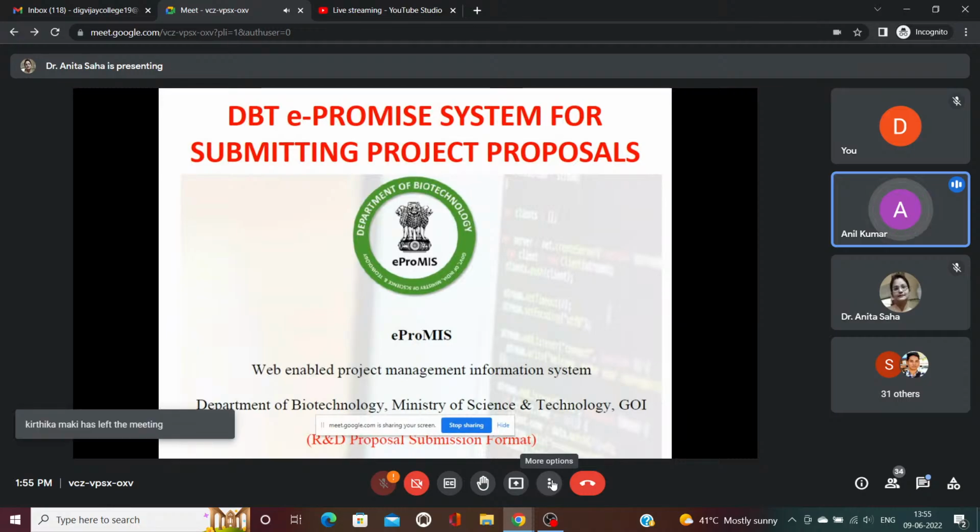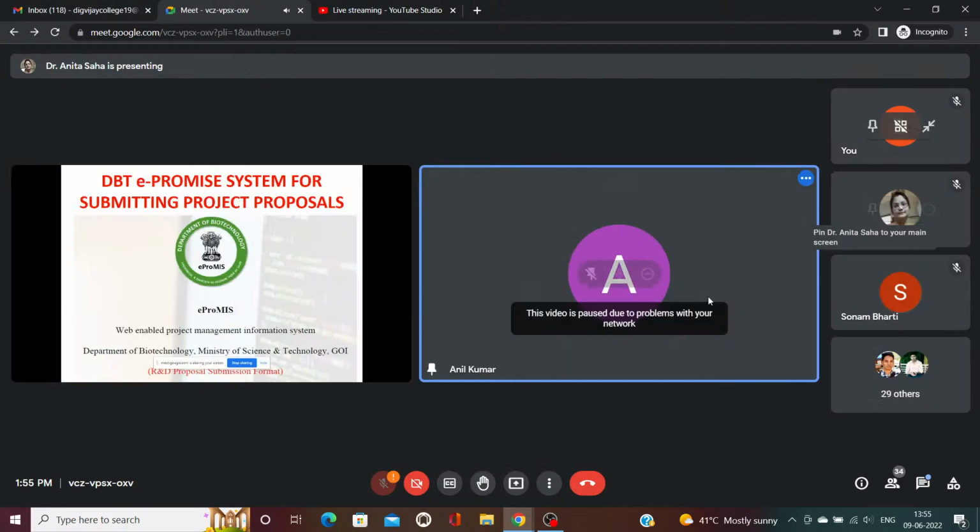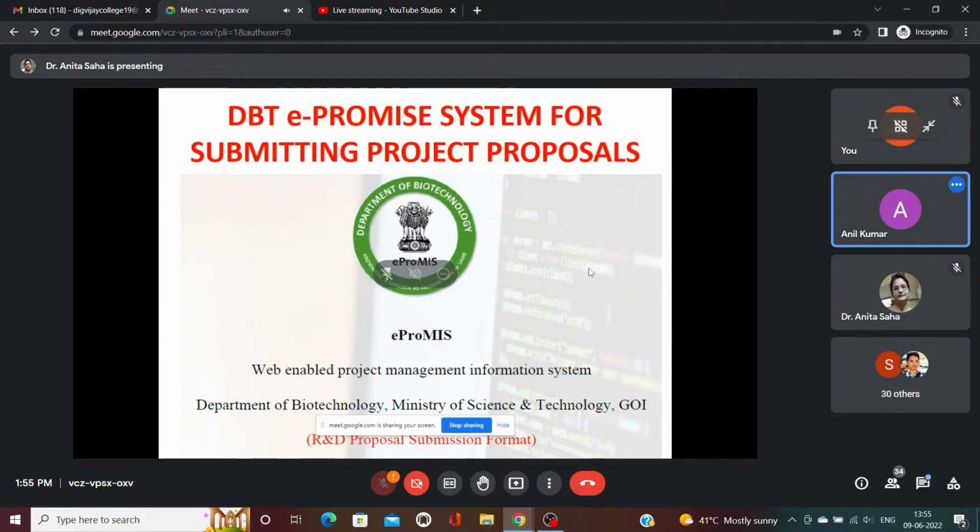Sometimes it suddenly demands a few parameters, and you have to submit new information within 15 or 10 minutes. So within 15 or 10 minutes you have to prepare, write, and submit. But most of the part you can prepare before applying to this scheme, and you should be ready for certain information. Sometimes they demand certain queries. So move ahead.